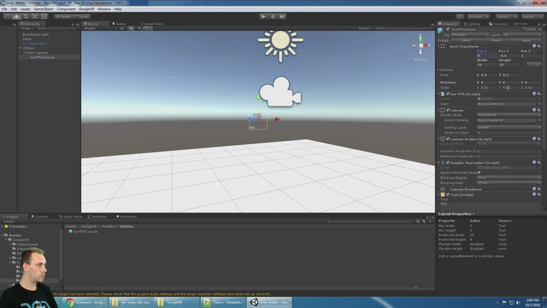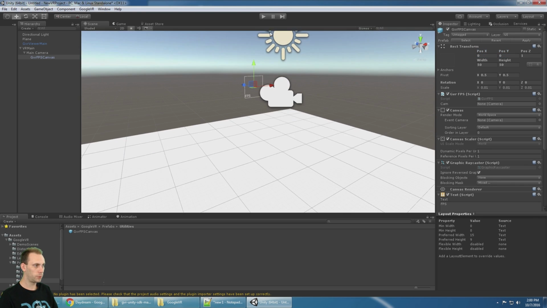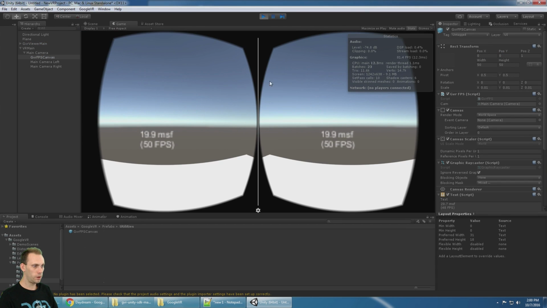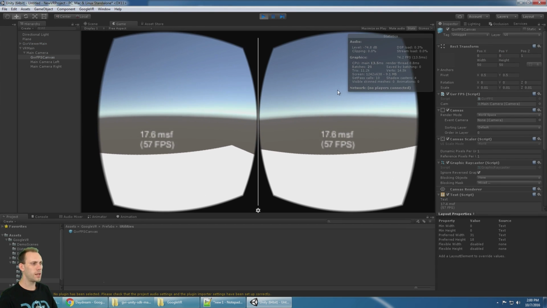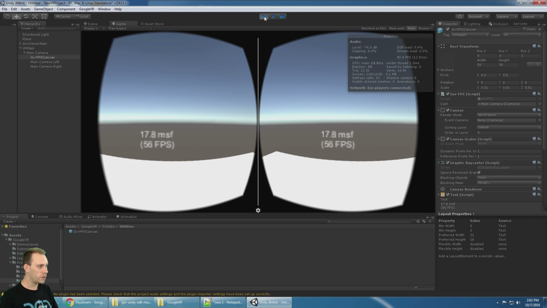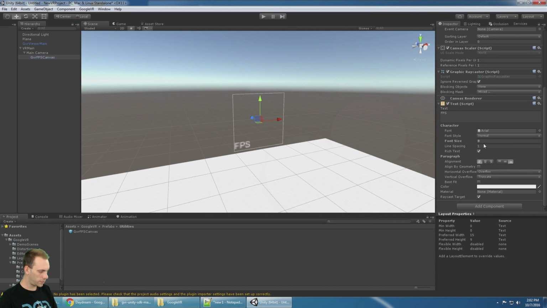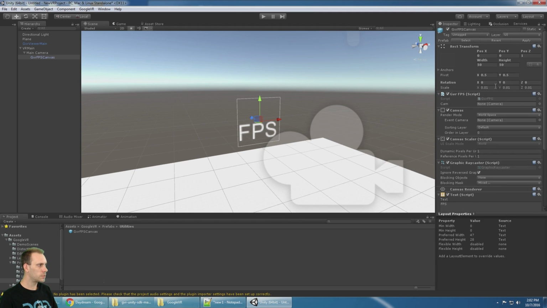We're going to put that to 0, 0. And we'll hit play again. There we go. And we see that we have the text. Now the text doesn't look that great. If I wanted to fix that, I could increase the font size maybe to 24, and that means the size of the